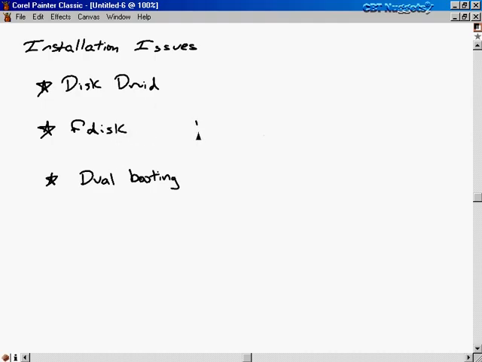One thing that I didn't note before is that this is not the same as the program fdisk.exe that's available in DOS. So if you're used to this program in DOS, the interface is different, the underlying program is different, so just be aware that this is not the exact same Fdisk. And then we wrapped up this nugget by talking about dual booting our computer and how to set up our computers so that we could boot